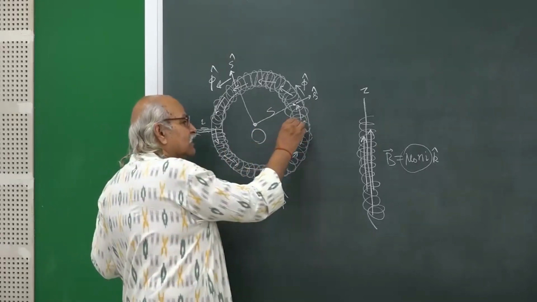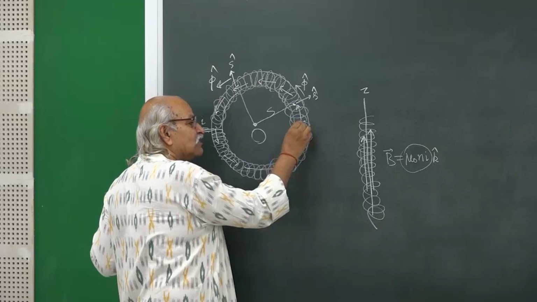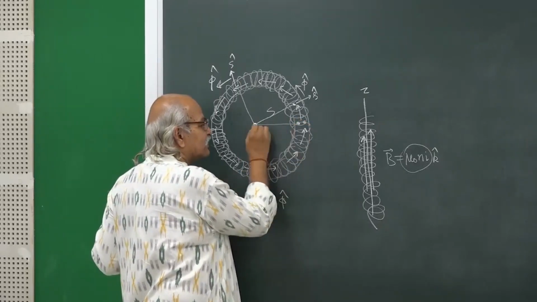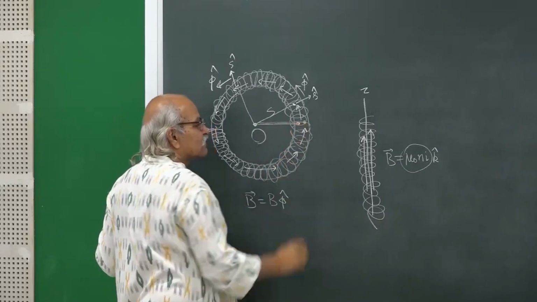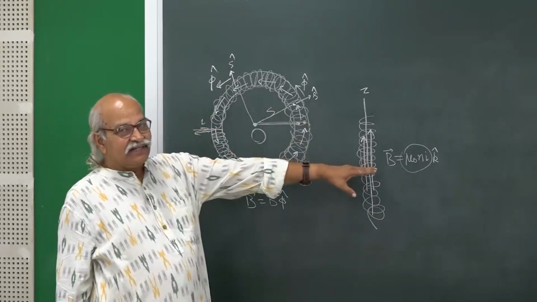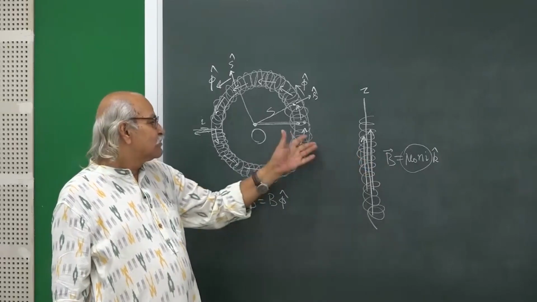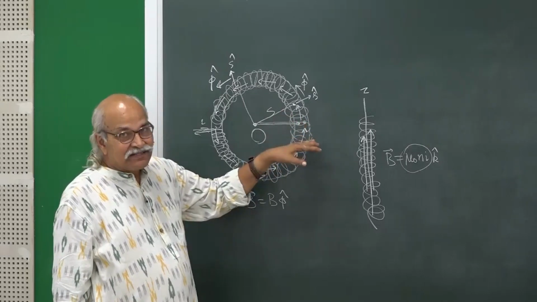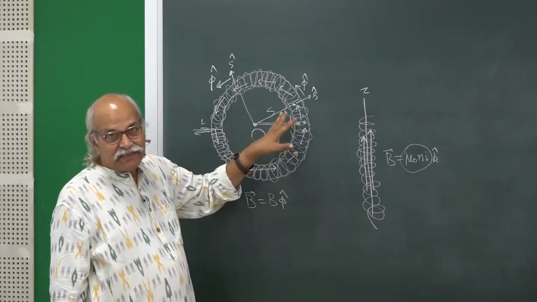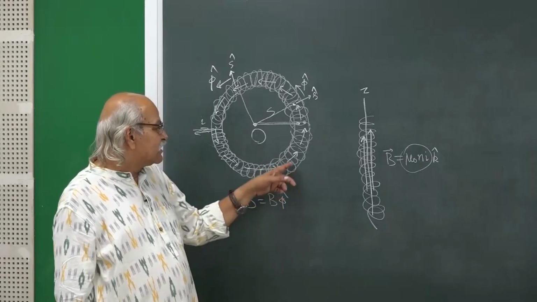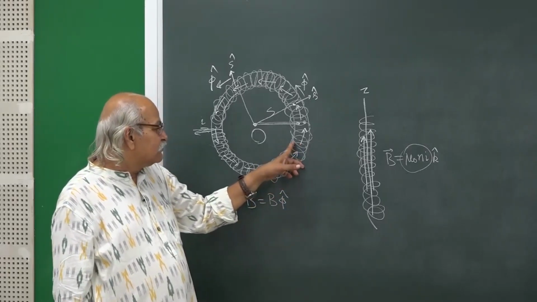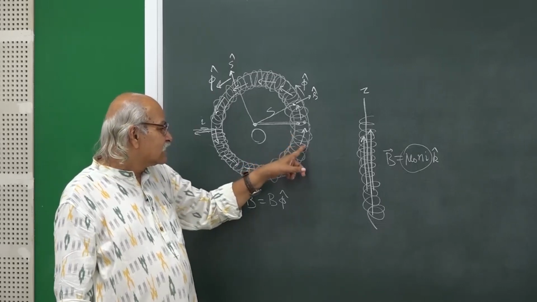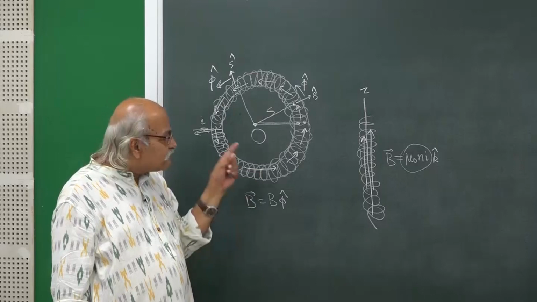So, the magnetic field at this point where S is small and the magnetic field at this point where S is large, remember this is our S. Since n is varying, not constant, you expect that the magnetic field may have an S dependence, not S direction, but S dependence. The magnetic field is in the phi cap direction, but the magnitude here may be greater because you have more number of turns here, and here it may be smaller. So, that we want to derive,